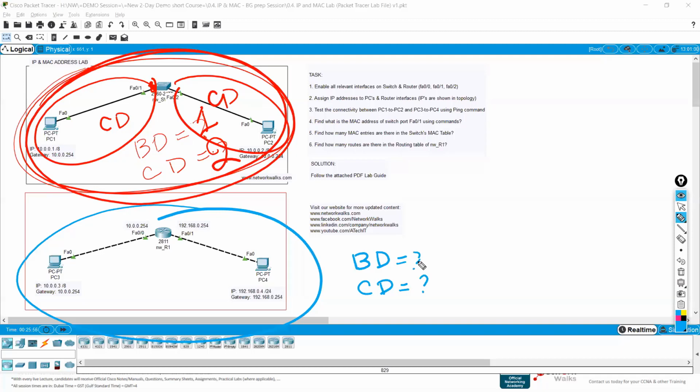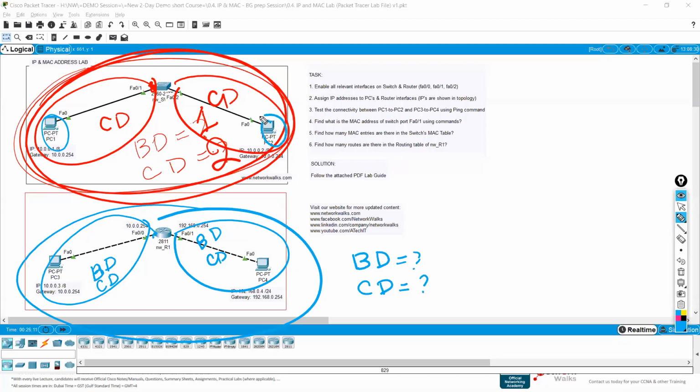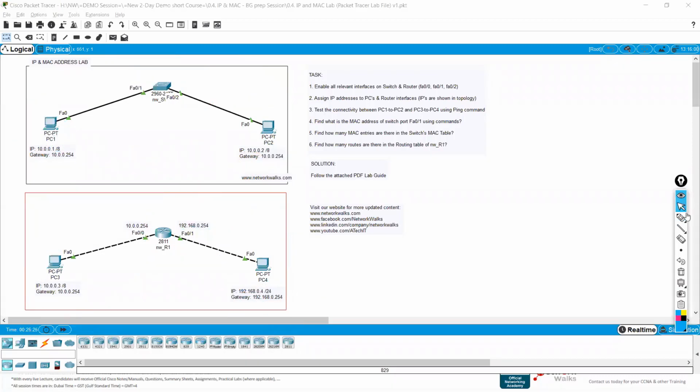Yes, very good. So each port on our router is 1 BD and also a CD. Each port on a router is a broadcast domain and a collision domain also. Which means if both of them belong to the same network, they can talk to each other. But with a router, they cannot belong to the same network. So this side should have 192 and this side should have 10.0.0, different networks. That's why there are 2 different broadcast domains. Okay, very good. So you guys are clear, it looks like.